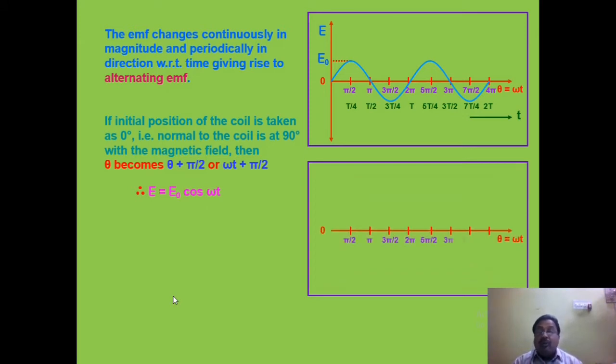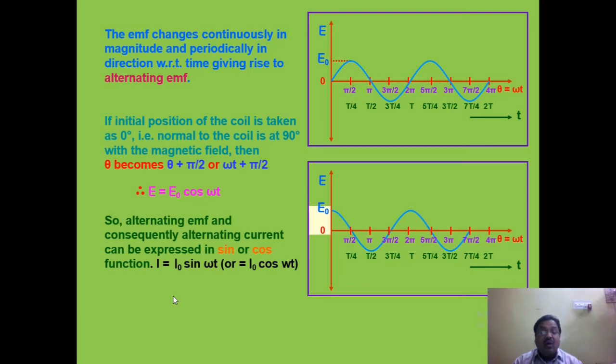And similarly you may plot a graph taking omega t or time along the x-axis and EMF along the y-axis. This graph is again alternating in character, but a slight difference is there due to this cosine factor. Here you see alternating EMF becomes maximum at T by 4. Here also it is T by 4, but one of them starts from the peak value, and here it starts from the origin. So alternating EMF is generally represented by these two graphs as shown.